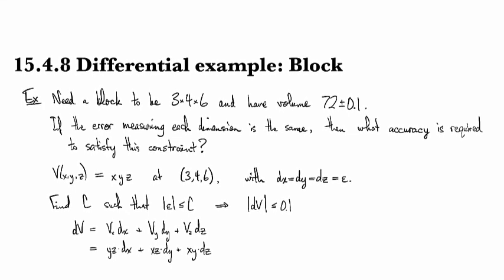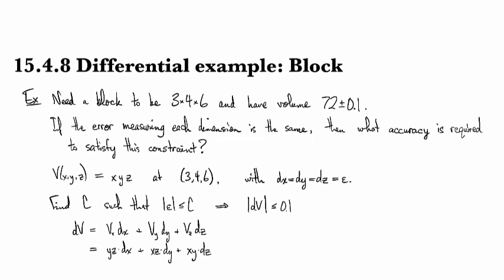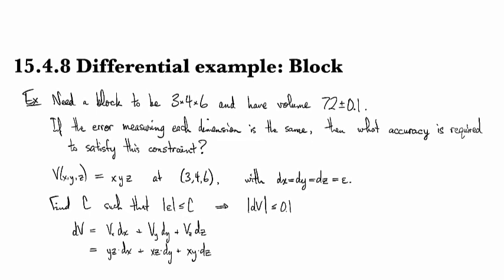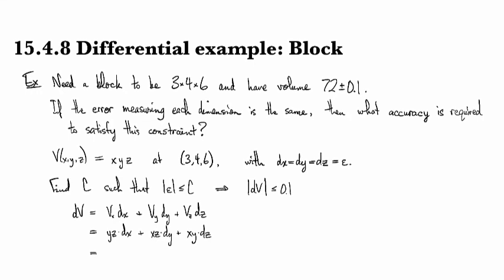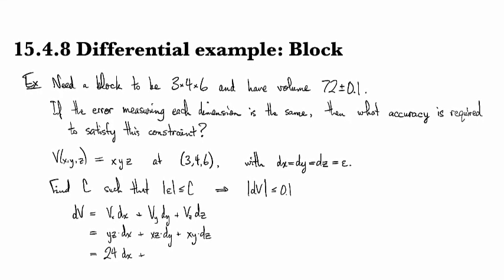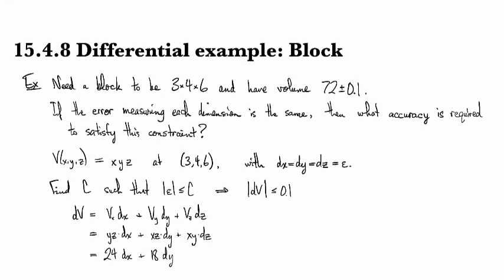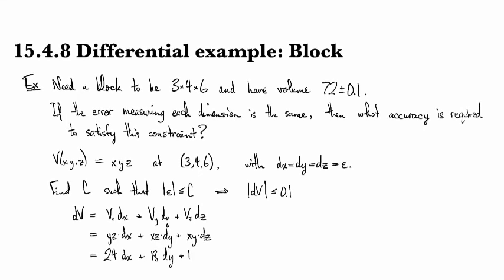All right, and so then if we evaluate, y times z is 24, and x times z is 18, and x times y is 12,